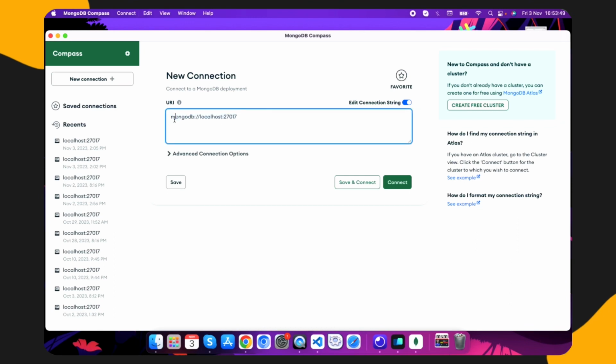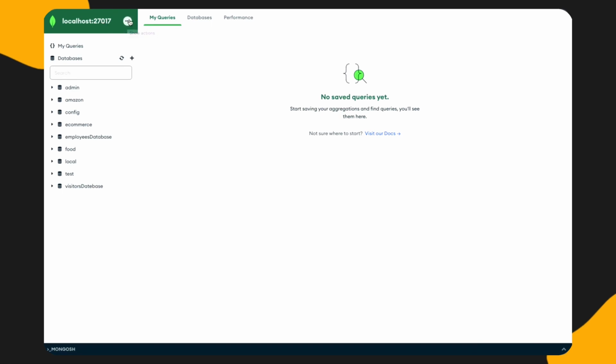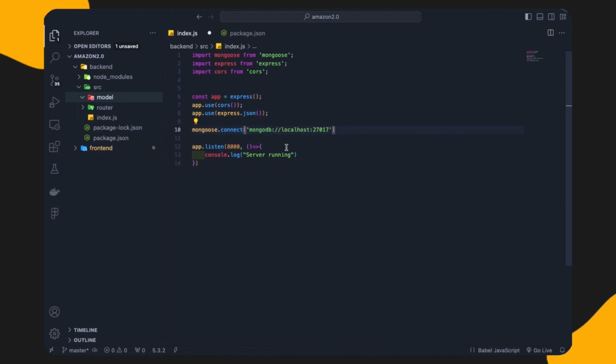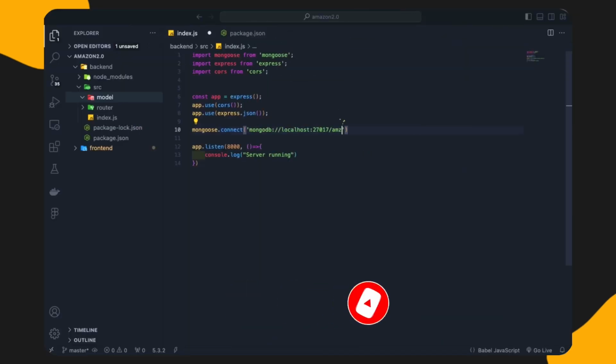This is the string that we need to copy. First of all, we need to click this connect button so that our database will start. After you click this, you can see three dots on the top. We will click on it, and there is copy connection string. I will click copy, and you can see it is copied, and paste it here, mongodb://localhost, then a slash, and then the name of the database. Here are the databases I have created for separate projects, like employee database, e-commerce, Amazon. This time I will create a database by the name of Amazon